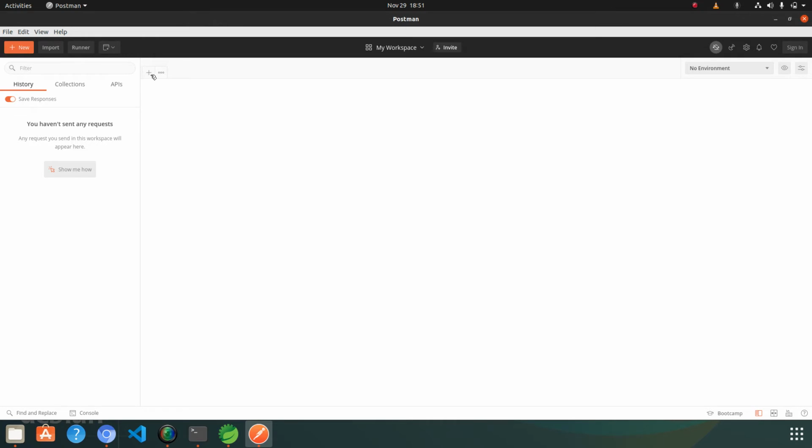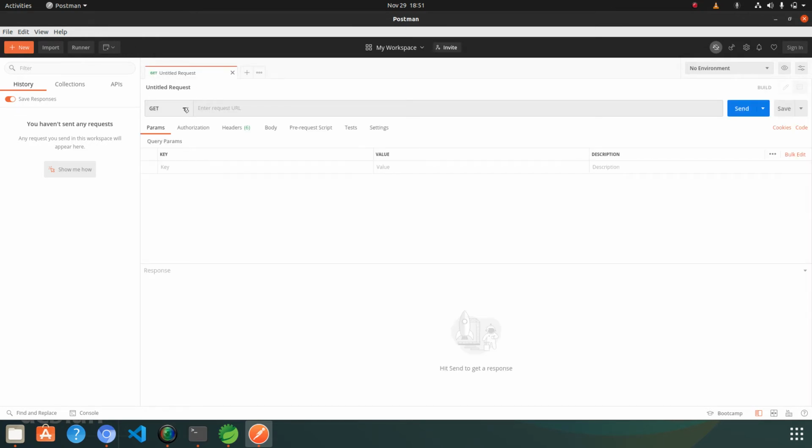Let's create a new request here, and the request type will be POST. The URL will be HTTP localhost, the port will be 8080 slash API slash v1, the base path. Then skills, because it is our path for the skill controller API. And in body, just go to raw and create a JSON here.